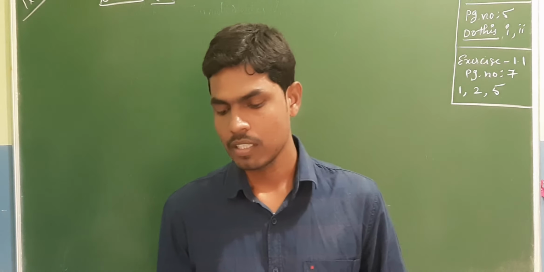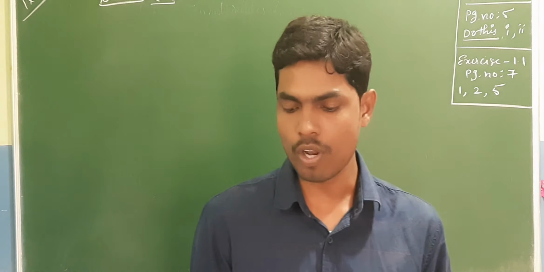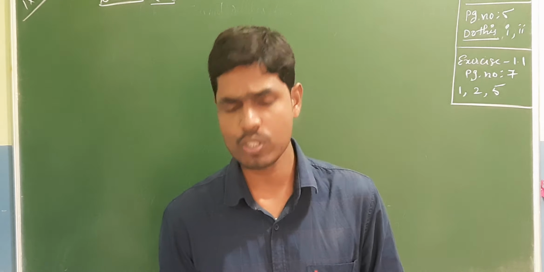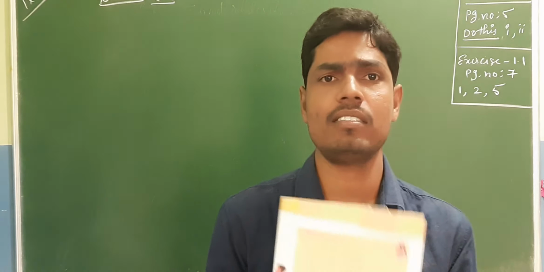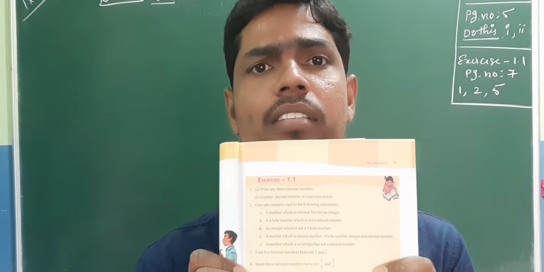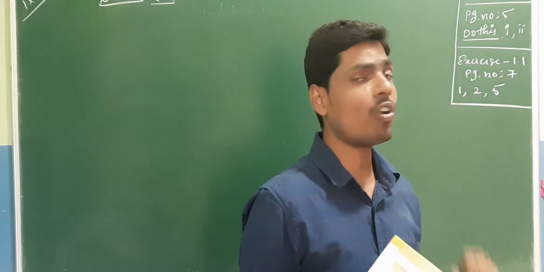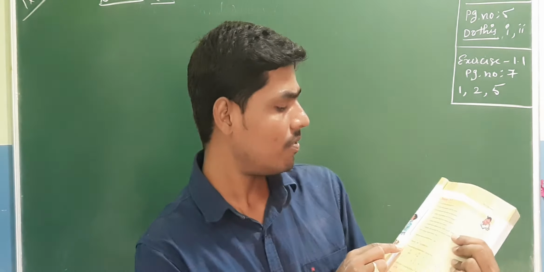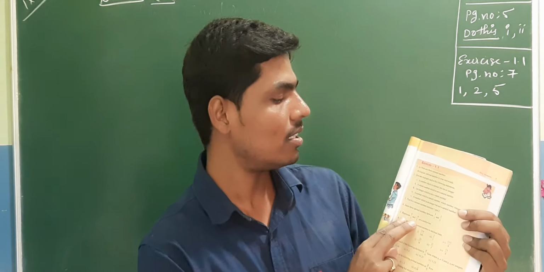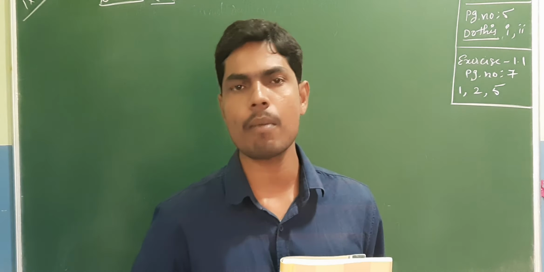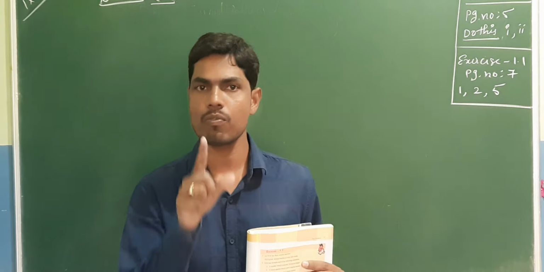Next, the second bit: give an example each for the following statements. I am not reading it for you, so use your textbook. First bit, second bit, you have to do. And the fifth question is also homework. Fifth question is: represent 8 by 5 and minus 8 by 5 on a number line. Already we have taken a number in an example in the previous class, so follow that.